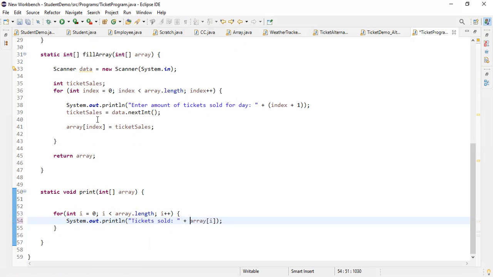And so now it's going to say tickets sold on day, but I would like for it to say tickets sold on day 1, day 2, day 3, right? So tickets sold on day, and I'm just going to do day. And essentially then I'm going to concatenate index plus 1, or I plus 1 rather in this case, so that instead of saying